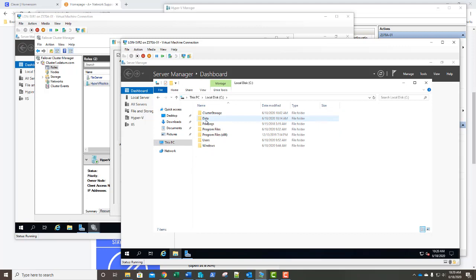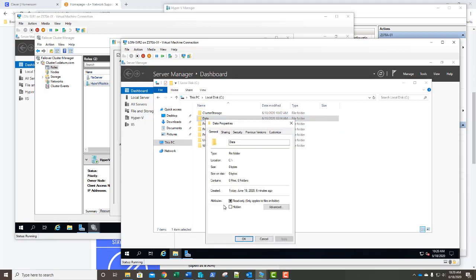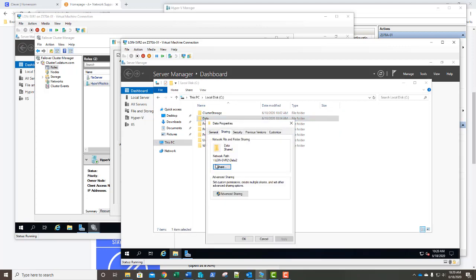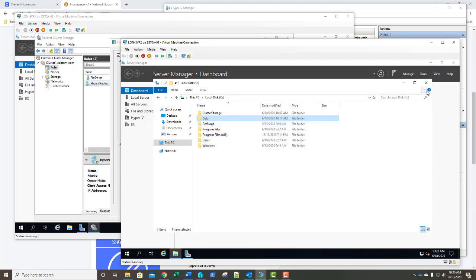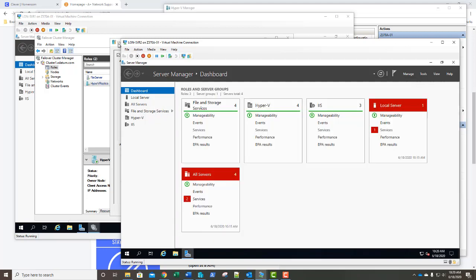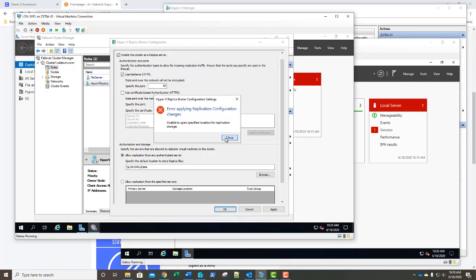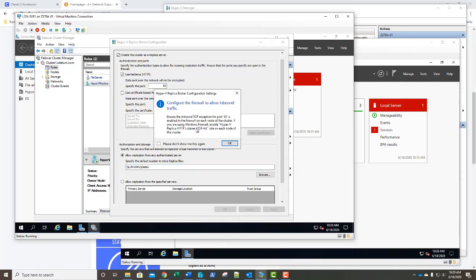Let's take a look here. Here's our data folder, sharing, and look at the share path, data 2. Didn't realize that. Didn't catch that. You got to catch it, right? Okay, so let's append that data to, and we're going to click apply. And there we are. And okay, so ensure the inbound firewall for port 80 for TCP replica listeners is enabled on